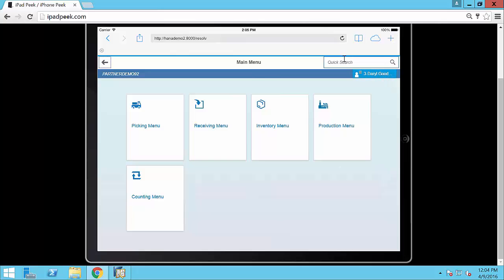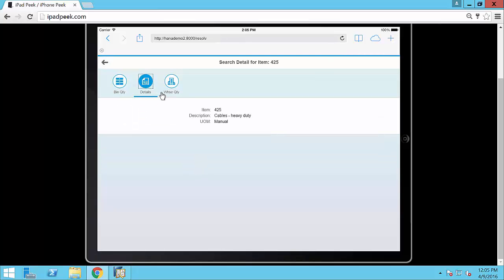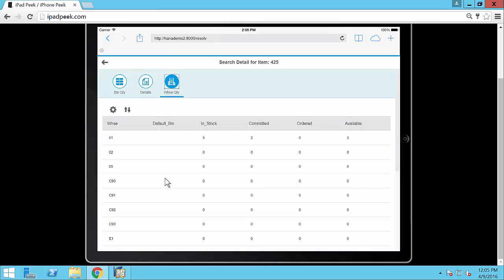So I can use the quick search to scan or enter the barcode or the item number and be able to retrieve information about the item. You can see here it shows me the locations that the item is supposed to be located in, as well as the details about the item, and I can also look at my warehouse quantity across all the different